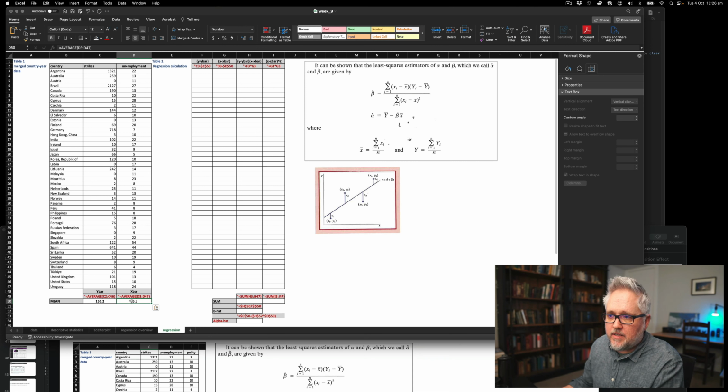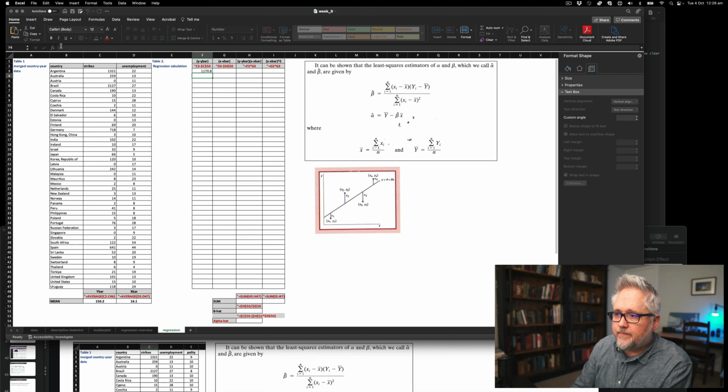Average unemployment rate is 16.1. And then you look here, this one is the second part of the top of the beta hat equation, y minus y bar. And you see, oh, forgot the equals there.